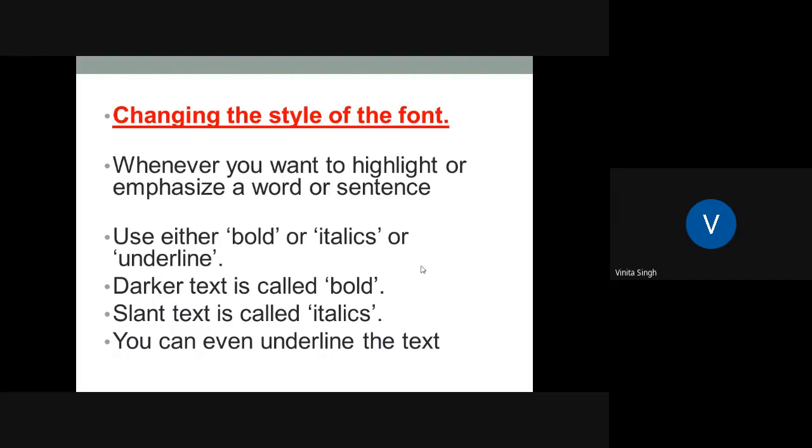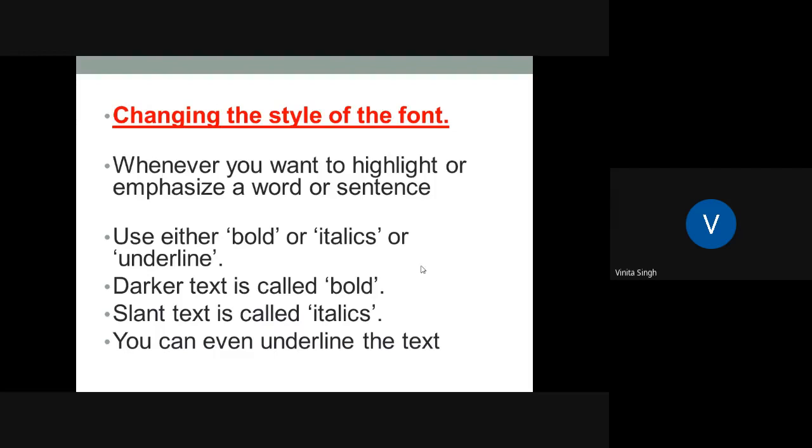Changing the style of the font. Now we are going to learn how you can change the style of the font whenever you want to highlight or emphasize a word or a sentence. So basically, if you want to emphasize or highlight any particular word or sentence, you can do it using this font style.